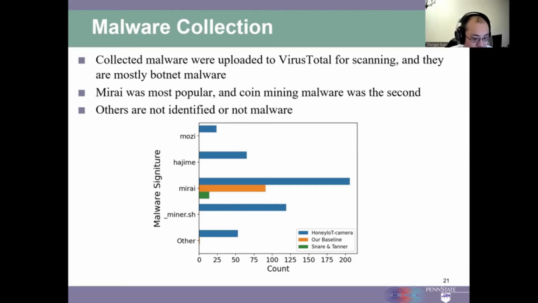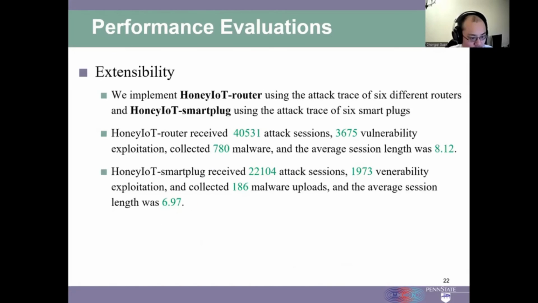On the other hand, HoneyIoT also collects many coin mining malware that are essentially scripts and miner software. The attacker just configures the software with their own digital currency wallet key, so that after mining, the profit will go directly to their own account. So these results together demonstrate that HoneyIoT camera can effectively bypass the pre-attack checks, mislead different attackers to launch their exploit code, and collect various types of malware from the attackers.